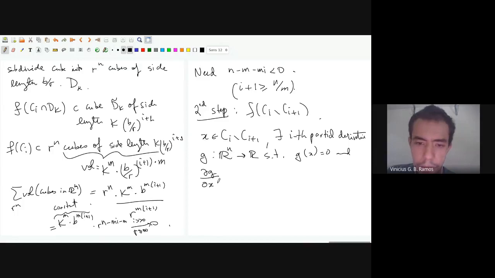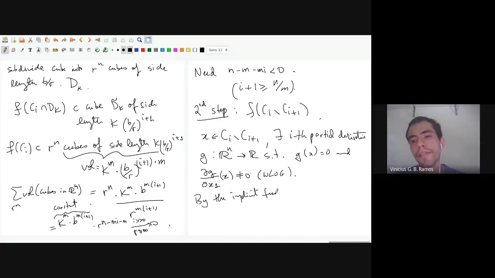dx something, let's suppose it's x1 of x, is different from 0. We can suppose that without loss of generality. Otherwise, we can switch the orders. Okay, so now we can use the implicit function theorem. So by the implicit function theorem,